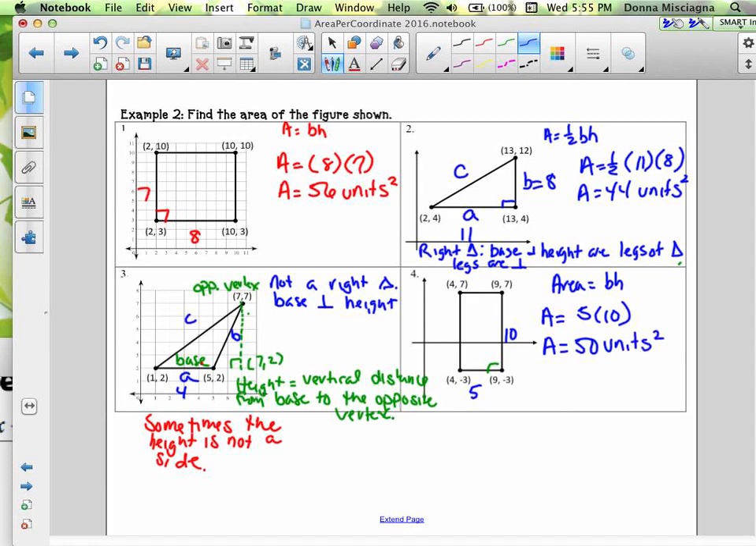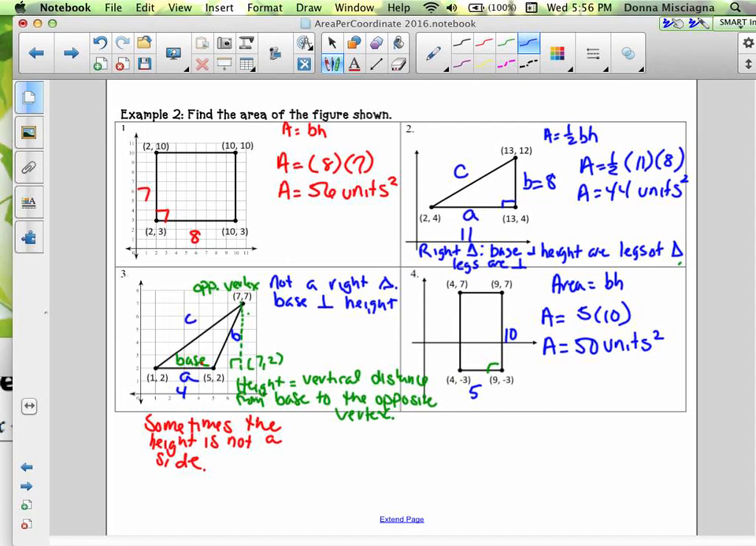Let's get to the more complicated one. This is not a right triangle, and therefore our base has to be perpendicular to the height. Sometimes the height is not a side of the triangle. Here, our height is always the vertical distance from the base to the opposite vertex, that straight vertical distance. Sometimes it's a side, like for the rectangle and the right triangle, and sometimes it's not,